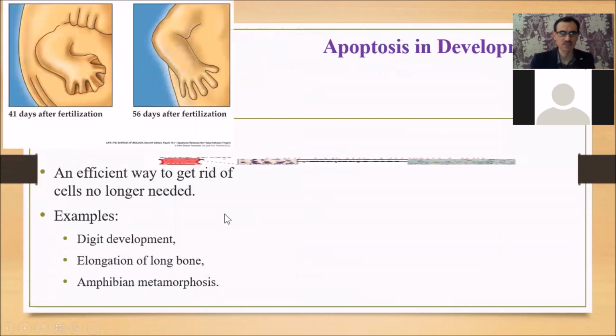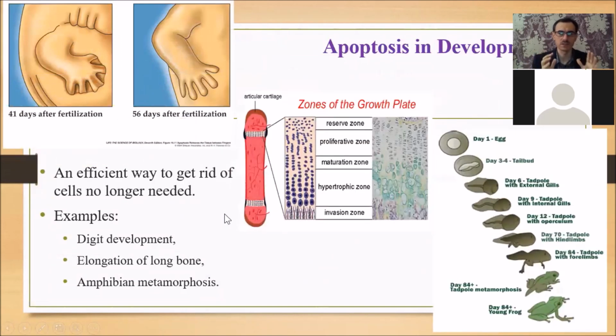So as we said, there is also physiological apoptosis. For example, during intrauterine development, between the fingers there are septa, but the septa dissolve by the action of the apoptotic process. Also, the growth of the bone, cartilage cells, the development of the